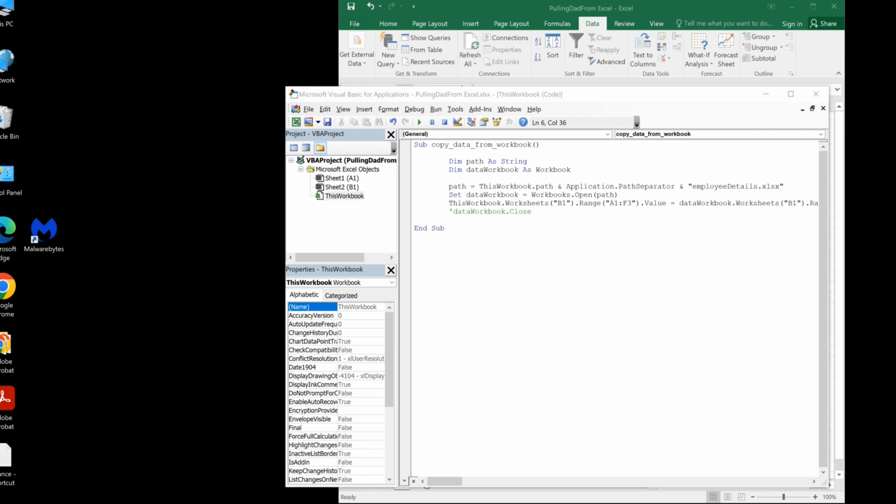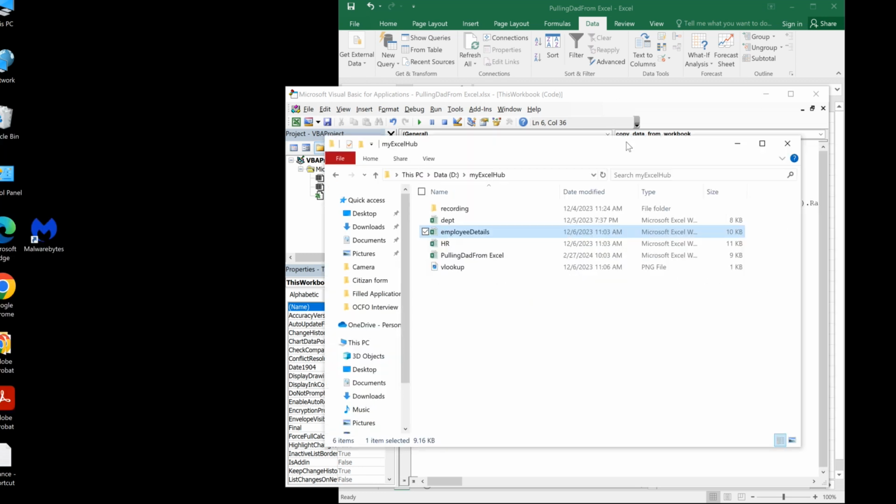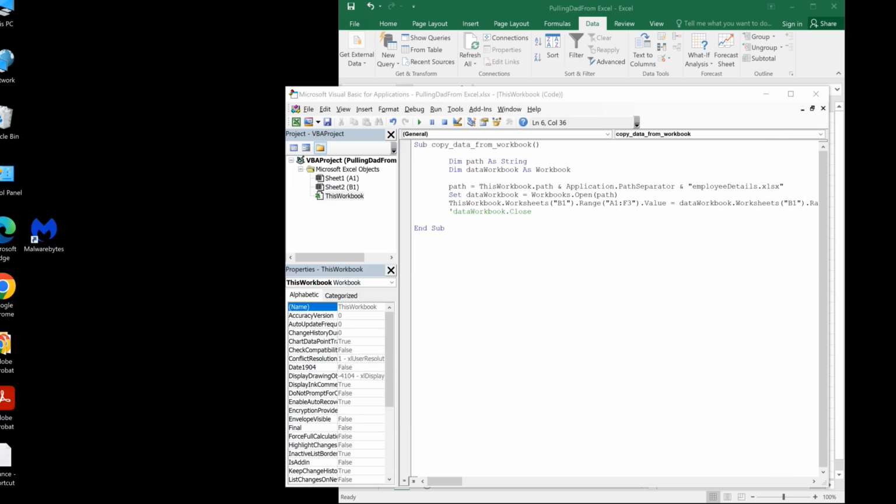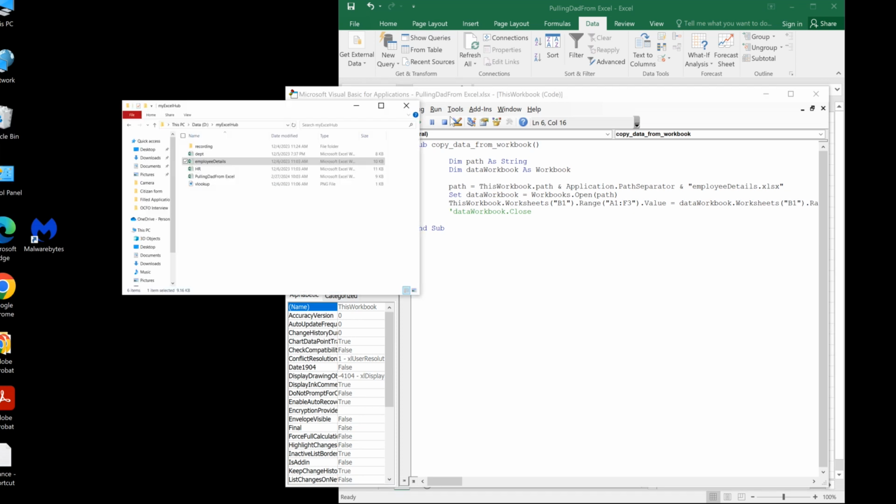do one thing. I just want to bring this here. See, this is the source data sheet, and this is your path, D MyExcelHub, right? So this is going to come here. So it will create the path for application.path separator. It will use the separator like this. Okay, and then again, because this is the path,